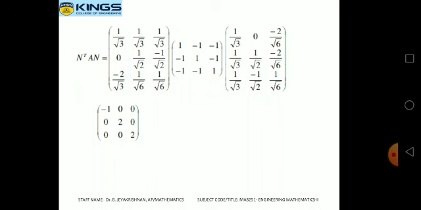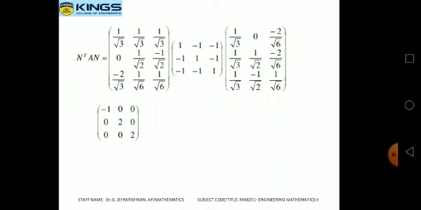How do we check whether the result is right or not? The diagonalization matrix has only the eigenvalues on the diagonal. All the remaining elements are 0. The eigenvalues are minus 1, 2, 2. Take the eigenvalues in order: the first eigenvector's corresponding eigenvalue is minus 1, the second eigenvector's corresponding eigenvalue is 2, the third eigenvector's corresponding eigenvalue is 2. Therefore, the same order, minus 1, 2, 2, appears in the diagonal values, and the remaining values are all 0. This is D: minus 1, 0, 0, 0, 2, 0, 0, 0, 2. This is the final result.